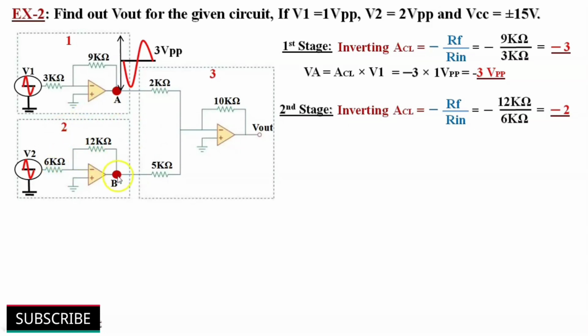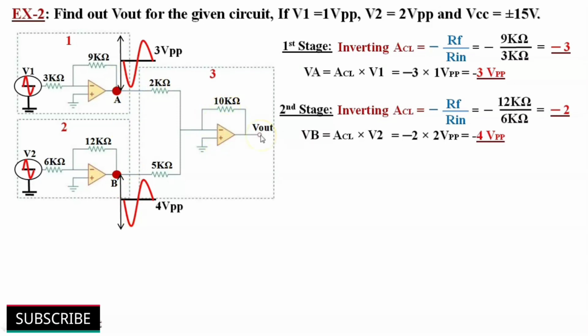So output voltage at B, VB is equal to ACL into V2. Minus 2 into 2 volt peak to peak input, that is equal to minus 4 volt peak to peak output of second stage. This minus sign indicates that both input and output waveforms are 180 degrees out of phase with each other. This third stage circuit serves as summing amplifier of stage 1 and stage 2, and it is an